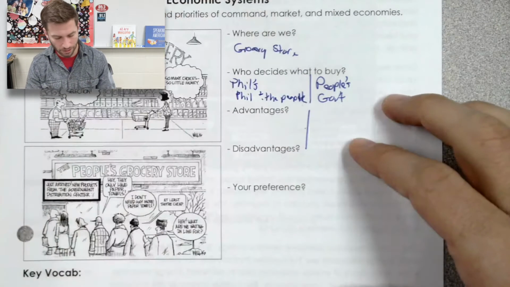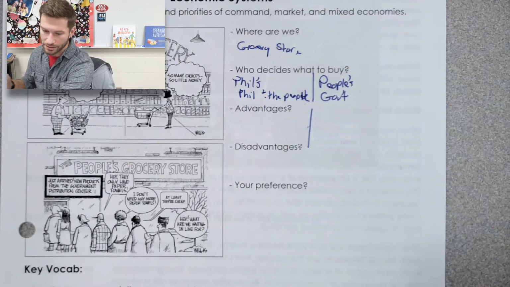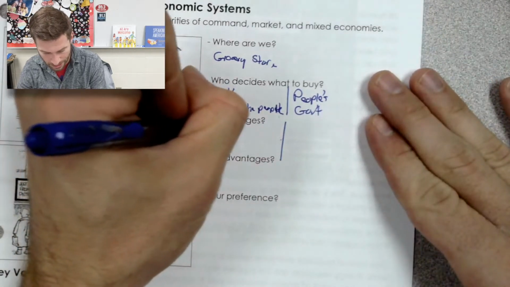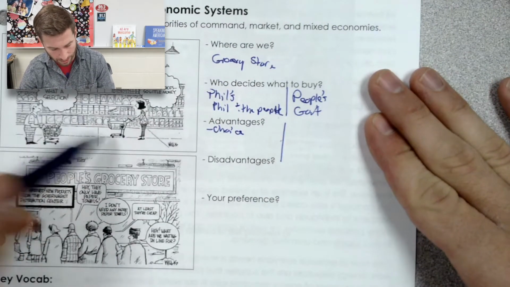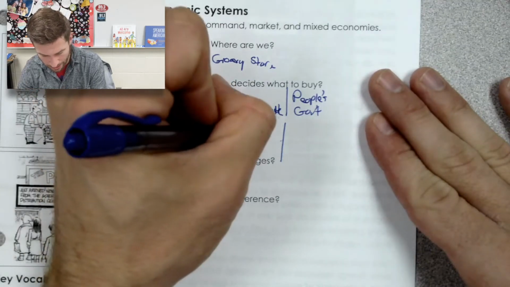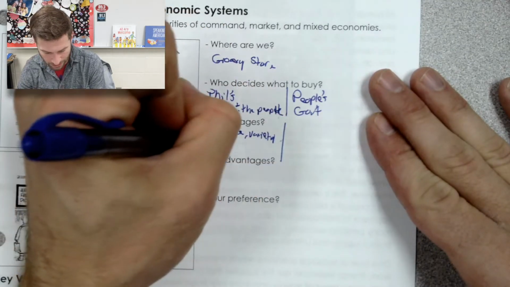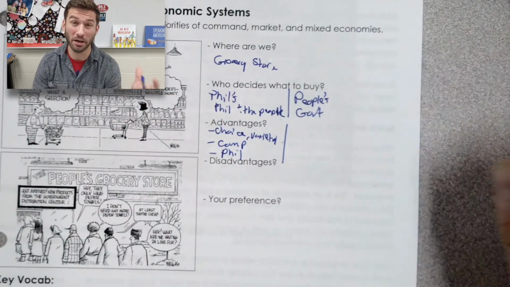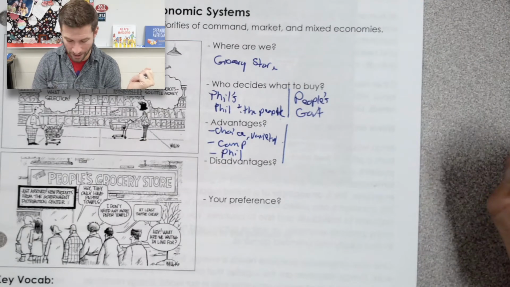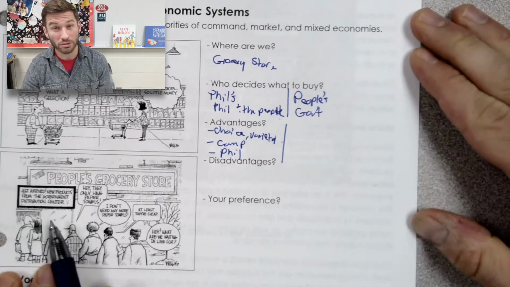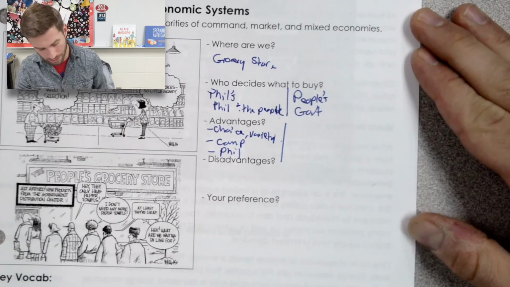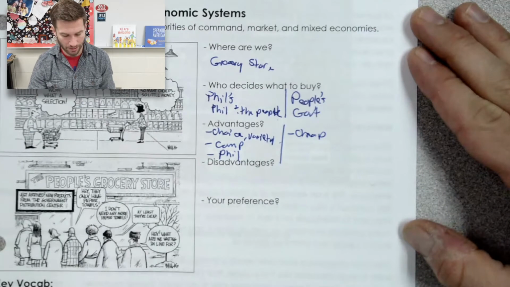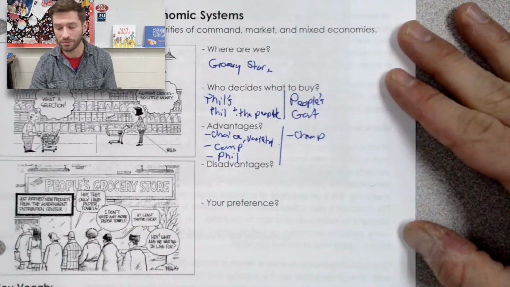Advantages, and we'll just keep our little division here as we look to decide. Advantages of Phil's grocery store. We've got choice, right? We see the shelves are well stocked, a lot of different variety. There's competition. And Phil gets to own and run that grocery store. And that's kind of a nice deal. Advantages to the People's Grocery Store. Well, what might be some advantages? Products are cheap. We all like things that are cheap, and we see here that they have cheap products, so that's always nice to have.